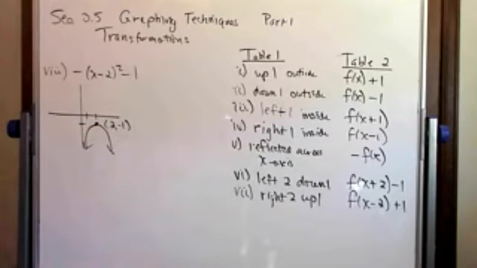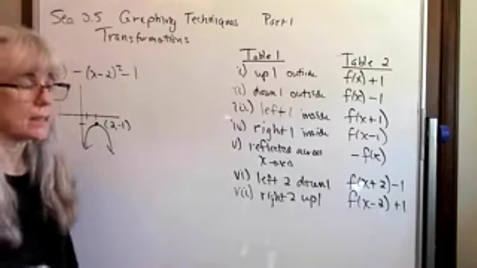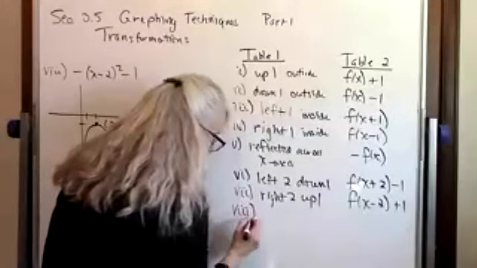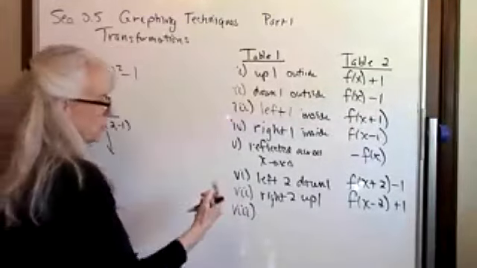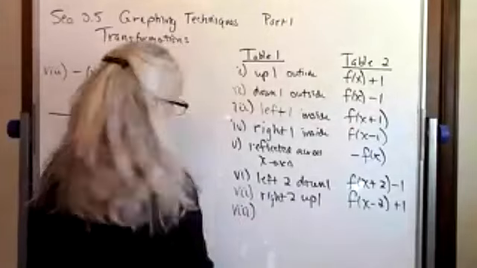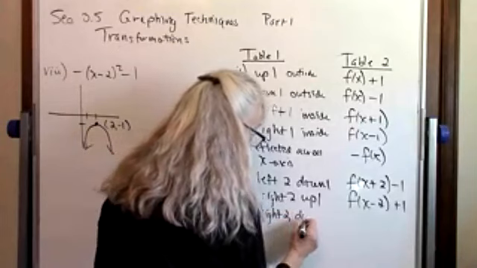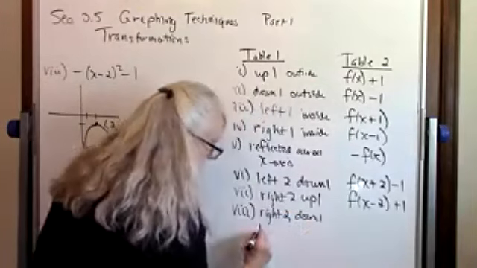And again, you should be checking all of these with your graphing calculator to see that yes, indeed, that's what's going on. The graphing calculator should be what's going on first, then we'll sketch the graph, and then we'll talk about what it's doing. Well, so we went right 2. We went down 1. And we reflected